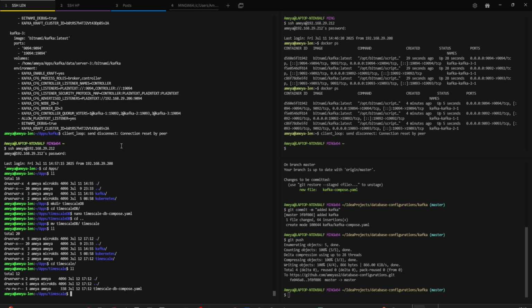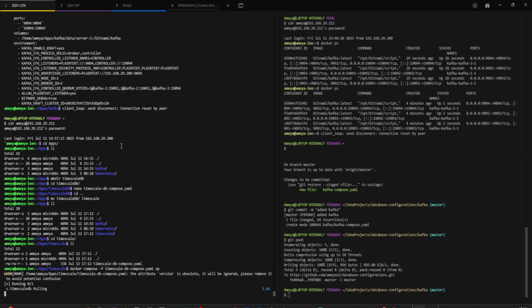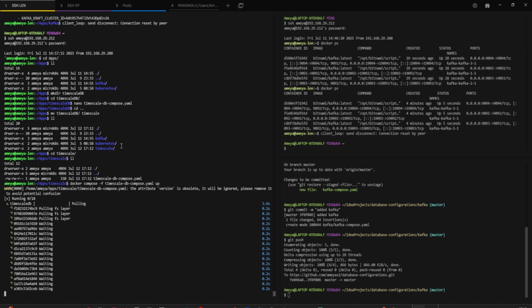And execute. Let me execute this command. This will be docker compose -f timescaledb dot compose, and this will be up. It will fail initially because of the creation of the folder structure, but let's see. And meanwhile this gets downloaded,